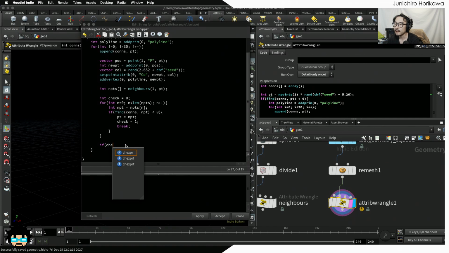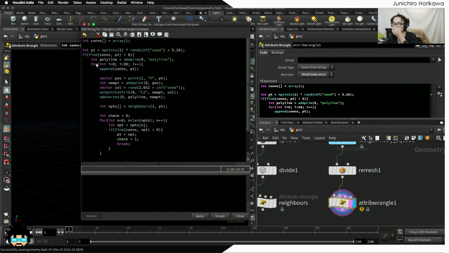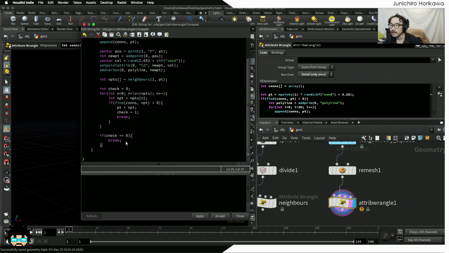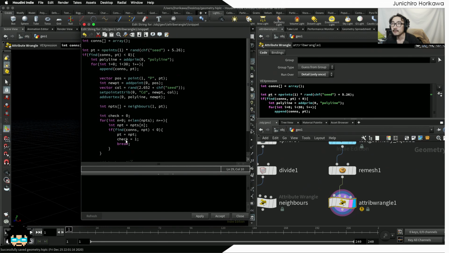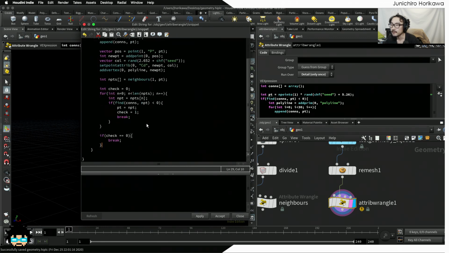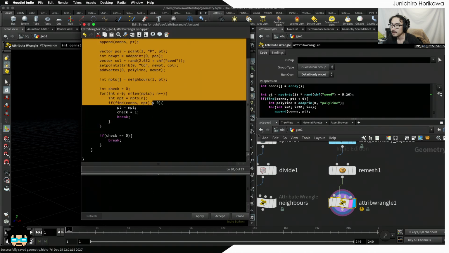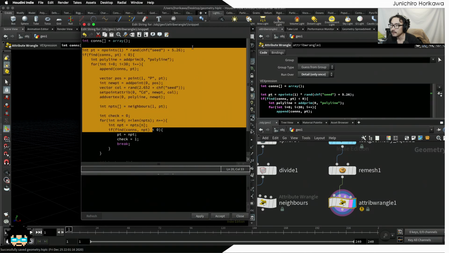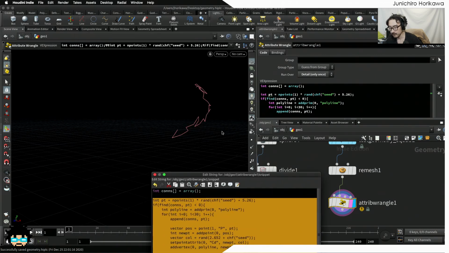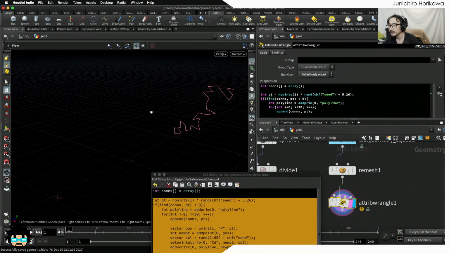If the check is equal to 0, then break this for loop right here to go create a next polyline. Okay. So for the single polyline, this function should work. Let's see how this works. And now, if you look at it carefully,